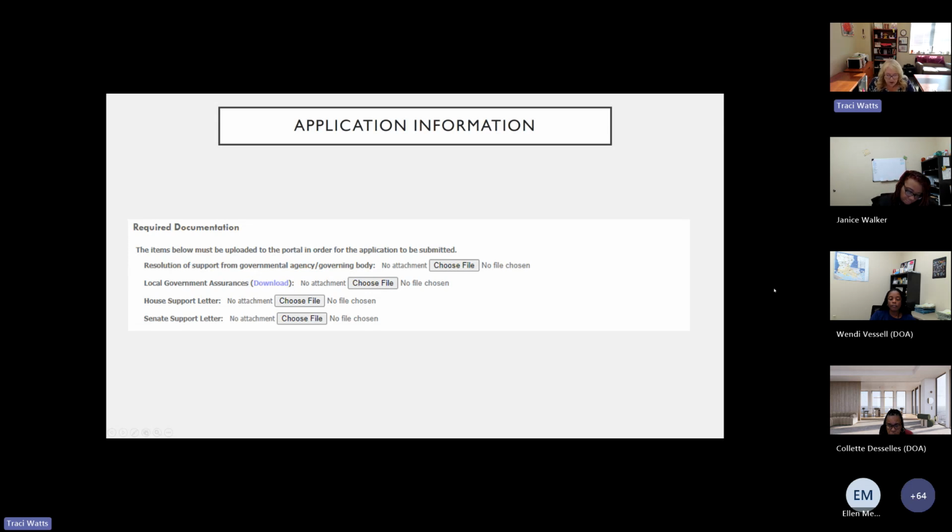It's important to note that we go back and look through every application to ensure that you're actually attaching the correct documents. We have had some applicants attach blank pieces of paper so that they can get the application to submit if they don't have what they need, or maybe they have attached an incorrect document or used the wrong document there. As we review these applications, if we find that a document is incorrect or blank or not signed or completed correctly, we're going to reach out to the local government by that email address that you put in